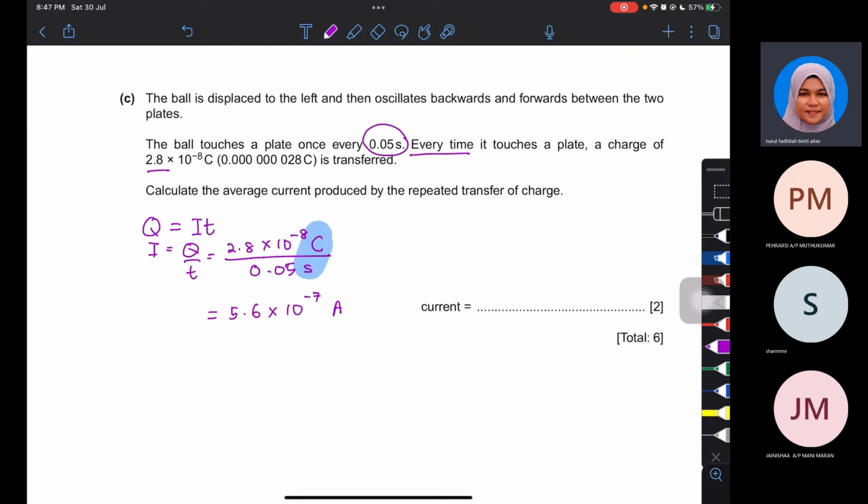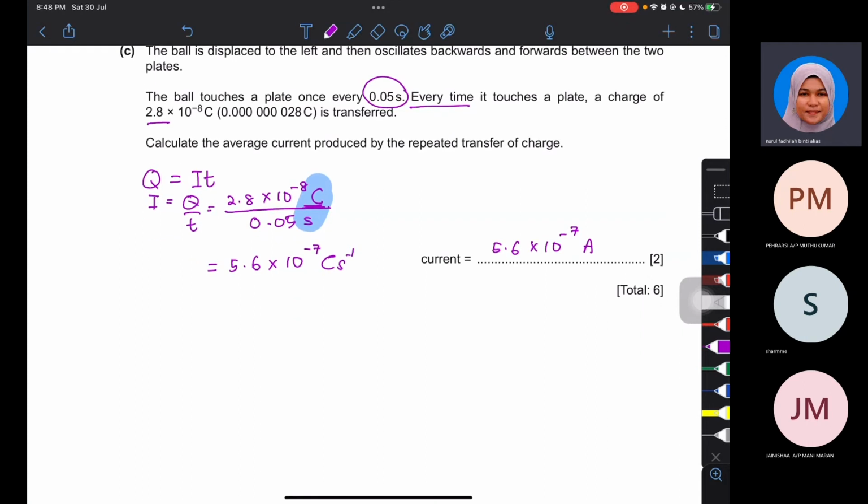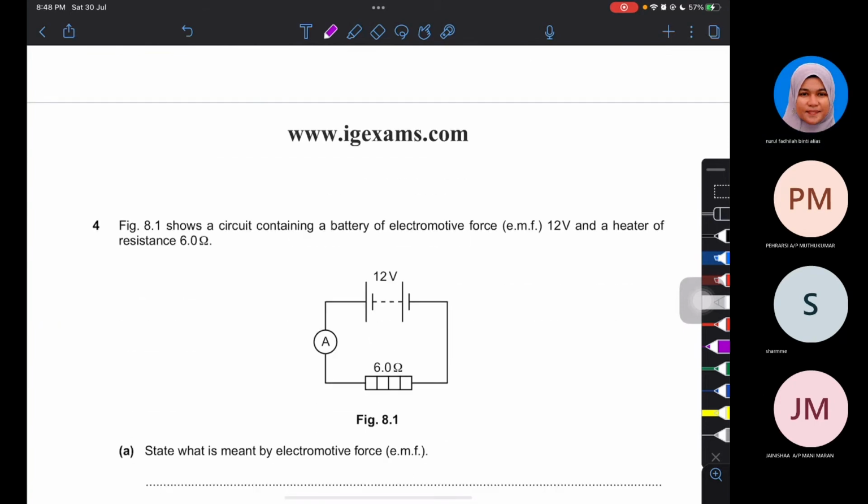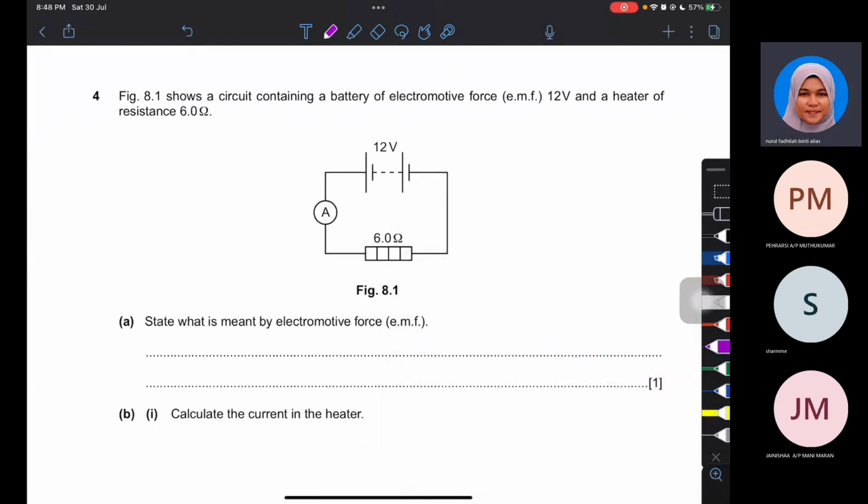Ataupun kalau student tak tahu, dia boleh jawab lah. 5.6 times 10 to the power of negative 7 coulomb per second. Nampak tak ni? So you boleh tulis juga coulomb per second tu sebagai coulomb per second macam ni. So tulis pula jawapan kat sini, times 10 to the negative 7 ampere. Kalau you tahu current unit dia ampere. Kalau tak tahu current unit dia ampere, you tulis je apa yang you buat kat sini. Pun diterima. Okay. Now figure 8.1 shows a circuit containing a battery of EMF 12 volt and a heater